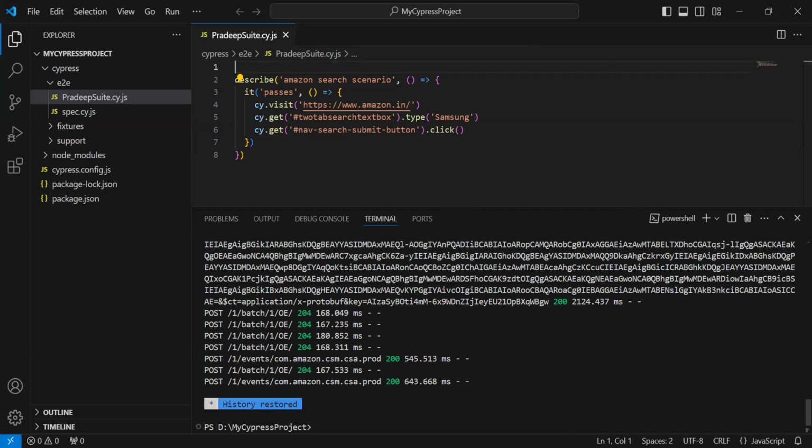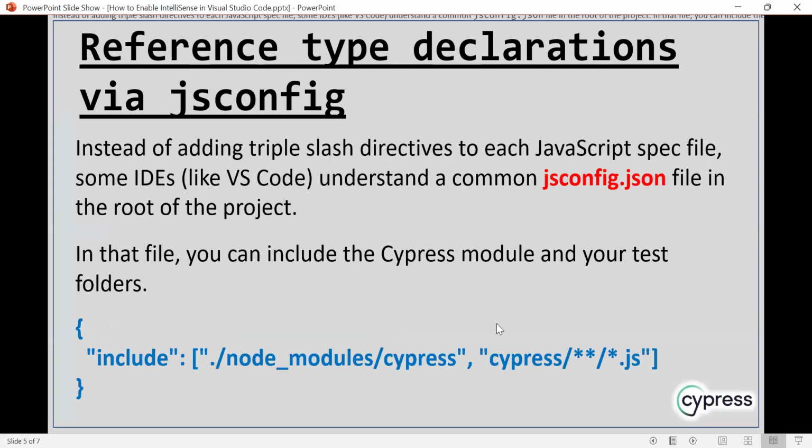The second way is reference type declaration via jsconfig. Okay, and in this, what you have to do: instead of adding the triple slash directive to each JavaScript file, I told you the previous method in which you have to add that line at the top of the file, you have to do this in every spec file, where you want to enable the IntelliSense. But if you don't want to do this, and instead of a particular file you want to apply it on all the files,